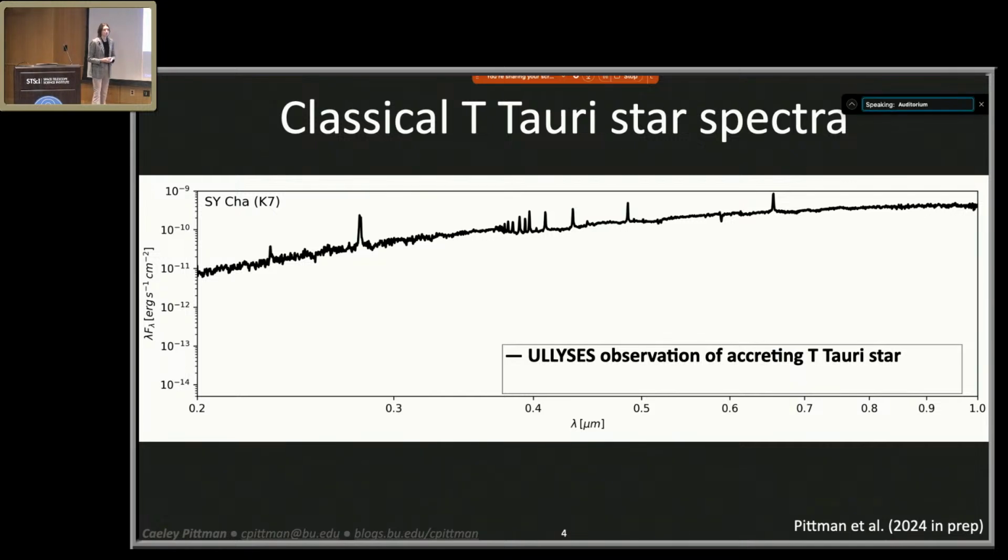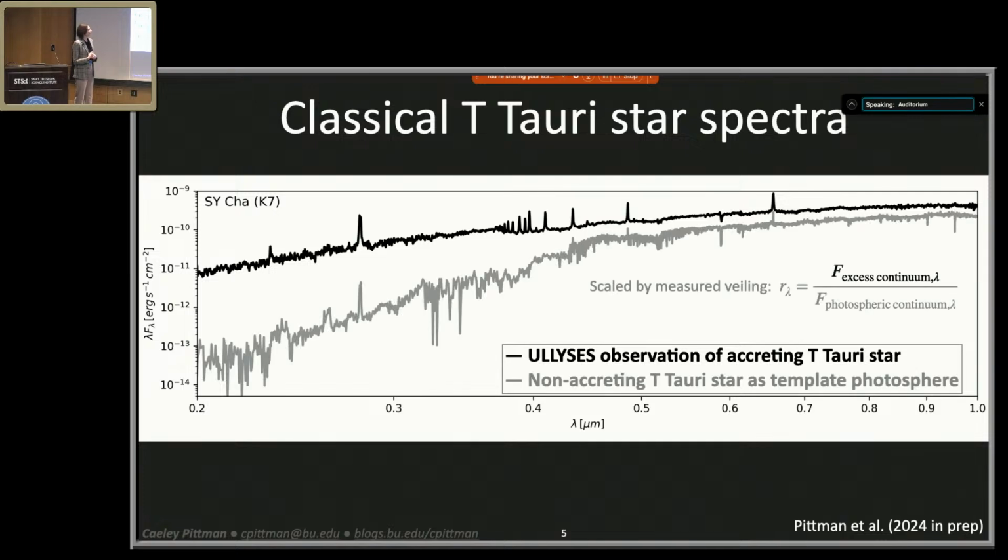So to start, here's an example of a Ulysses T Tauri star spectrum. This is using STIS low resolution spectra. This is SY Cha, a K7, a pretty typical accreting T Tauri star. And if we add in a non-accreting T Tauri star, or a weak line T Tauri star, which is scaled by the measured continuum